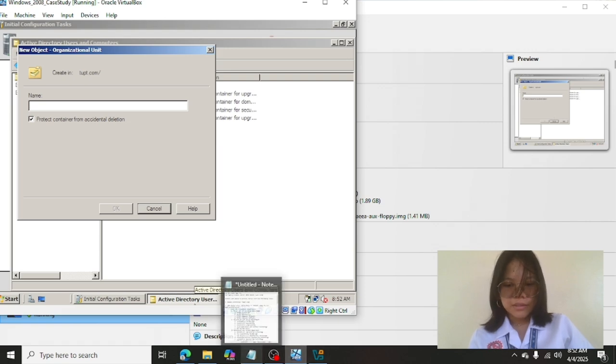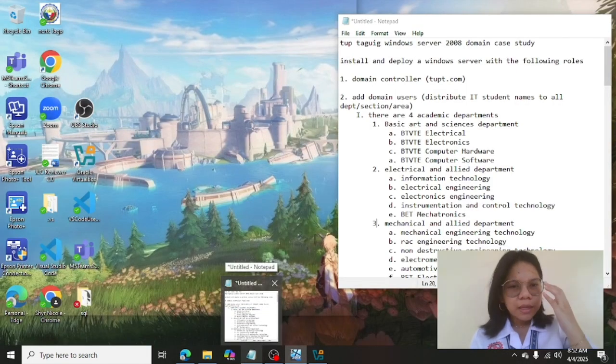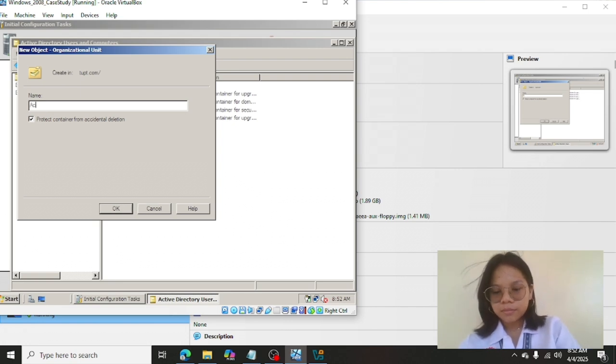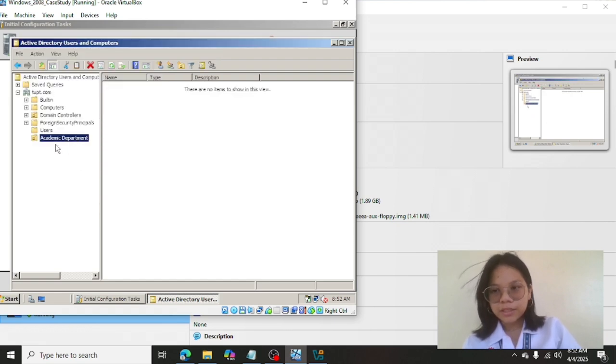We'll type in academic departments. Just click OK, and as you can see, it is here under the user.